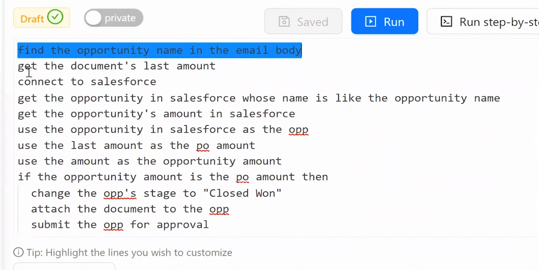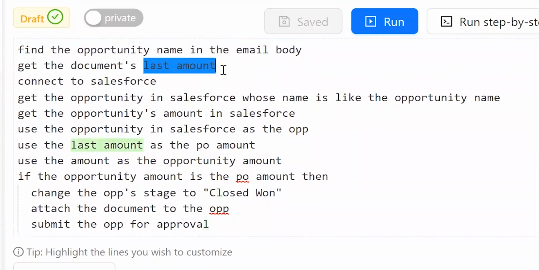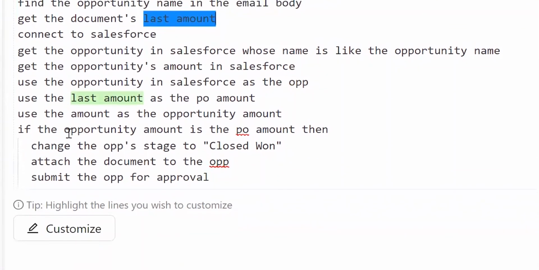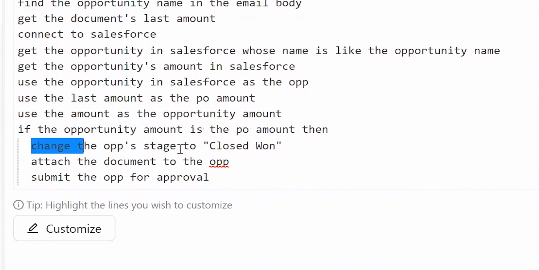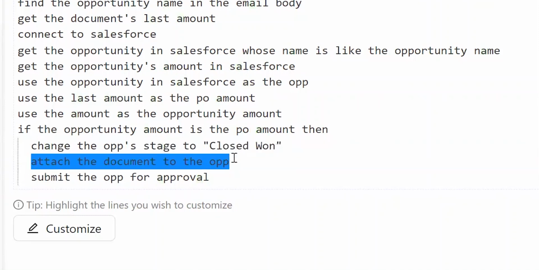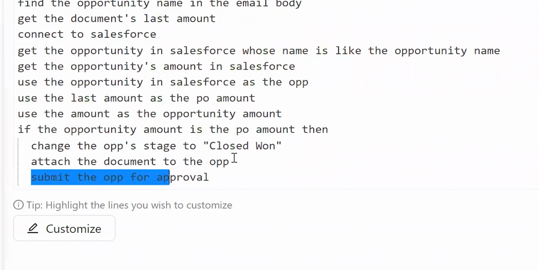We want to look at the document that's actually attached to that opportunity and get its last amount. And then we later want to check and see that if the amount is the same on the PO as it is within SFDC, then we want to change the opportunity in SFDC to closed won. We want to attach that document for storage in the opportunity, and then we want to submit it for approval. You could also build in logic saying that if it is not, then you want it rerouted back to the